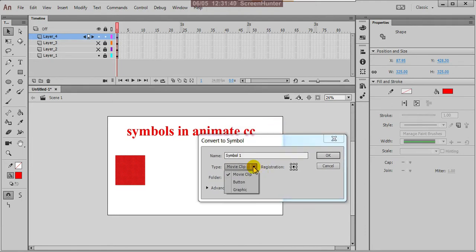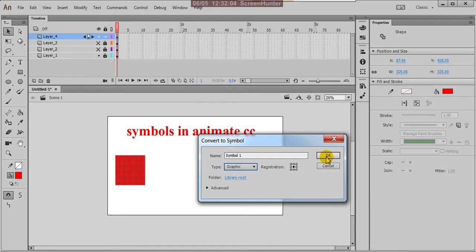The types of symbols are three: movie clip, button, and graphic. Let us check one by one. First I'll start with graphic. So select graphic, and the registration mark can be center. I'll explain about these registration marks in coming lessons. You can give a name, whatever name you like, or for the time being I'm leaving this as it is.